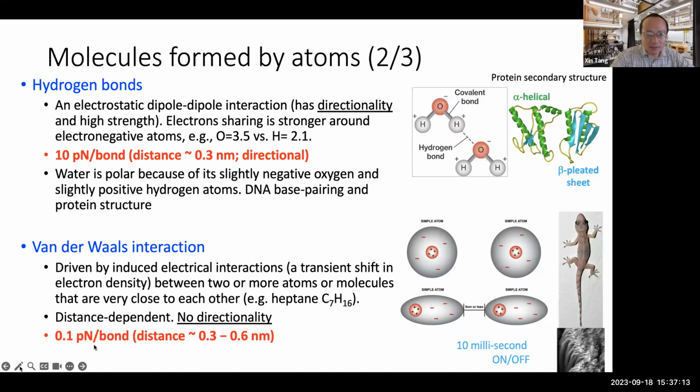The bond strength is even smaller than the hydrogen bond. It's about 0.1 piconewton per bond, 100 times smaller than the hydrogen bond. So this van der Waals force is very transient. It depends on the distribution of the electrons around the atoms. This actually has a great advantage. The property I just mentioned has a great advantage that nature has already leveraged